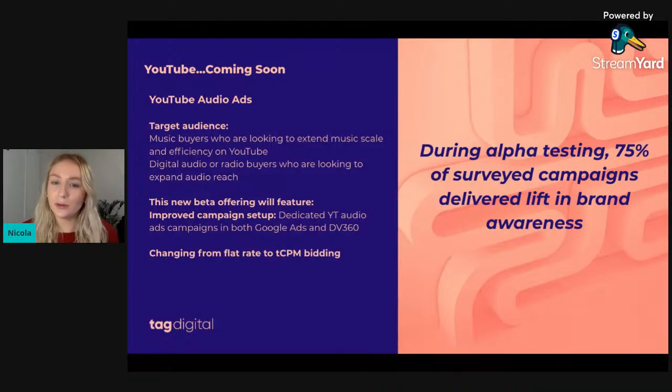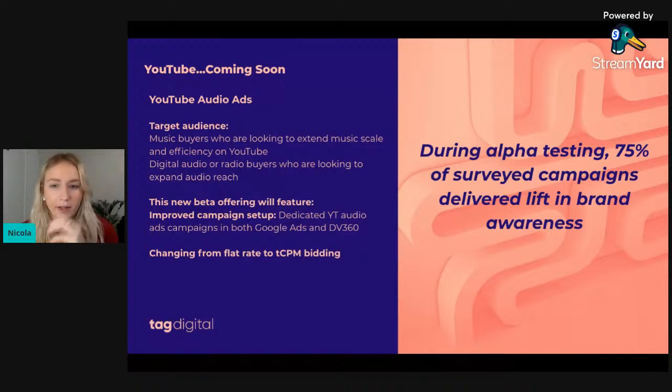So YouTube have got onto this and are producing YouTube audio ads, which will allow you to reach your users who are listening to YouTube and give advertisers a new way to reach this audience, which is great. So this will be offered across both Google Ads and DV360